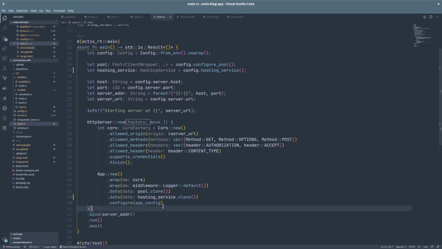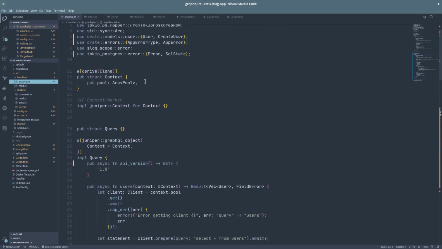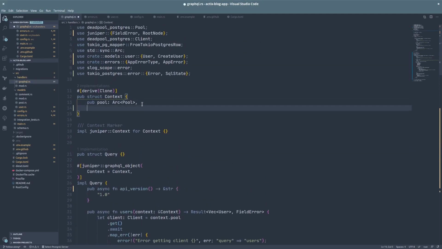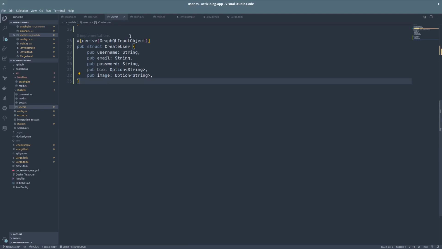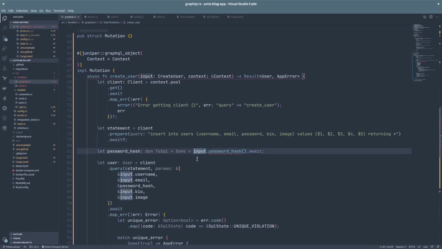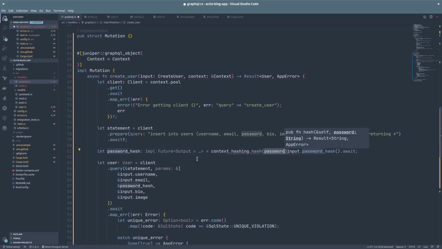Now let's go to the GraphQL handler module and let's add another attribute, hashing, in the context. It will be an arg for the hashing service. So let's import that. Then let's go to the password hash code again and remove the password hash function from the users module. We'll replace it with context.hashing, then call the hash function and pass input.password as a parameter.